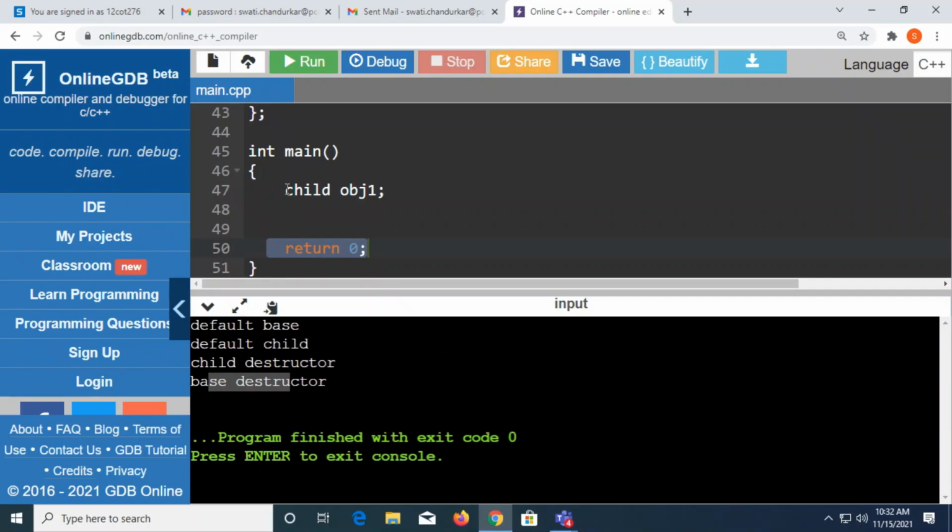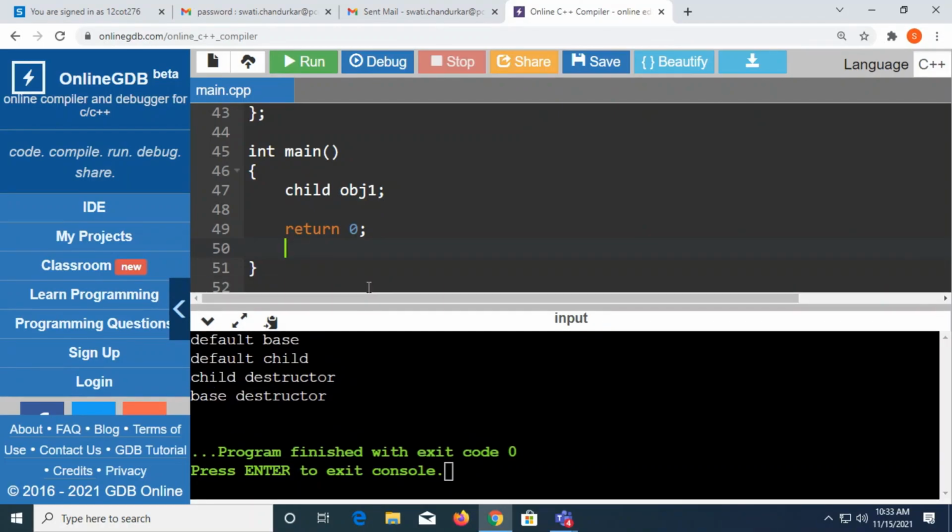When will this happen? After the execution of this, the control will move to the next line. When there is nothing, the control will move to the return. And before the control comes out of main, the destructors will get called. So whatever was allocated last will be deallocated first, and whatever was allocated first will be deallocated later. So the destructor will work in exactly reverse manner with respect to your constructor.